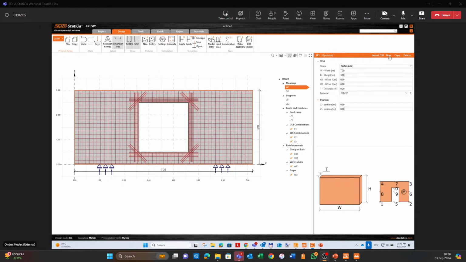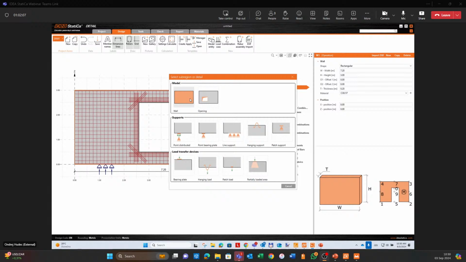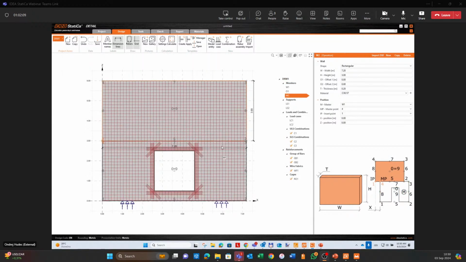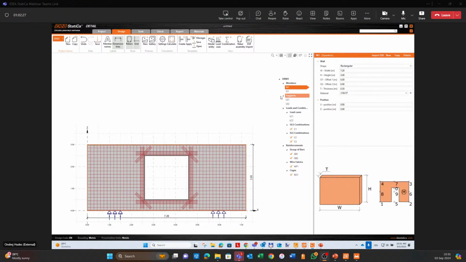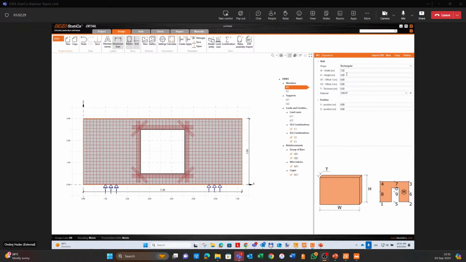add here a new wall if I want. It can have other dimensions. It doesn't have to be a rectangle. You can define a polygon or import a shape from the DXF, so the possibilities are quite rich. I will delete this new wall now, and I will only slightly